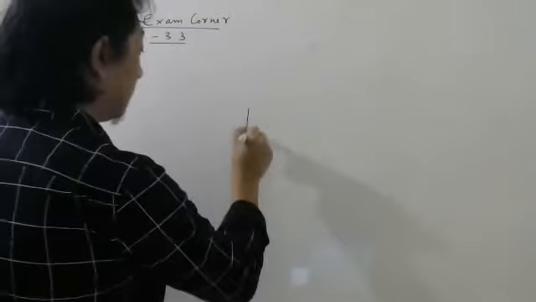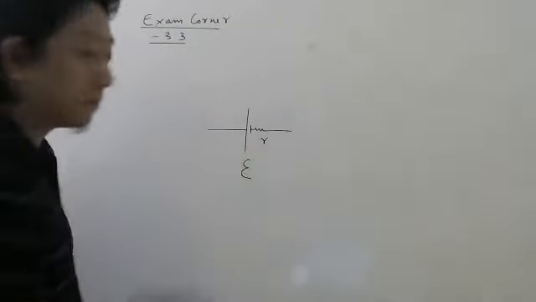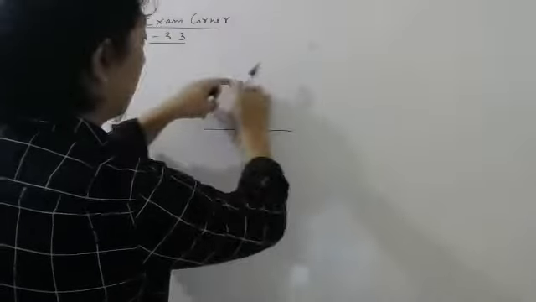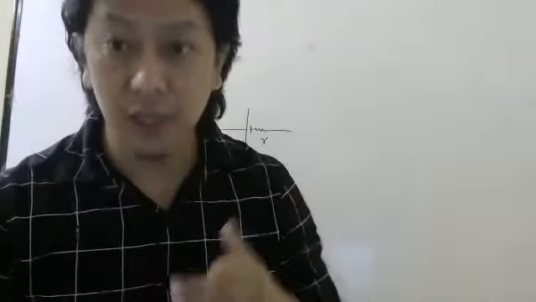Question number 2, you see. A battery has internal resistance small r and EMF capital E. What is the maximum current that can be taken from the battery? So here is a battery with some internal resistance r and EMF E. Now, they have not put any condition for external resistance. They have not told that external resistance should be of some value.